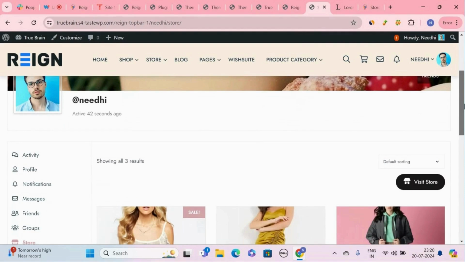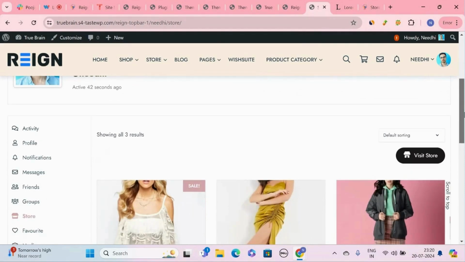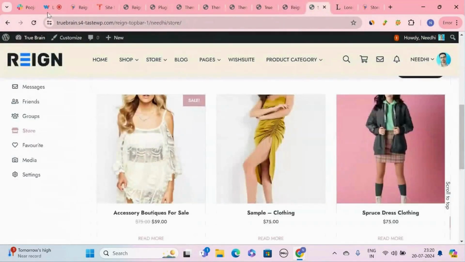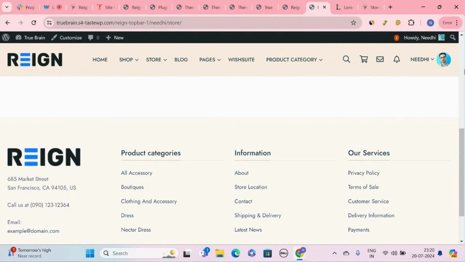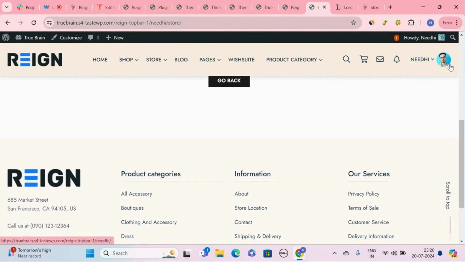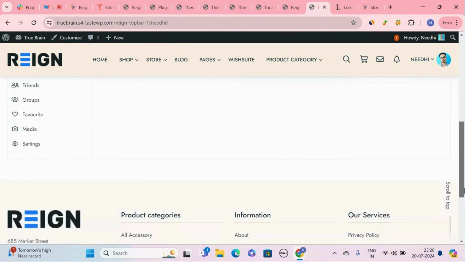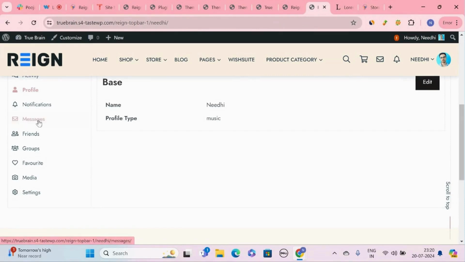And from here, you can directly visit the store page with the store button. If you disable this option and update it, you will see that the store function has been lost. Now you can't see the store function here.